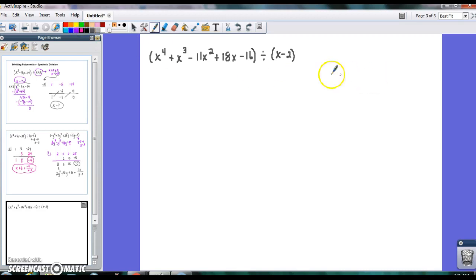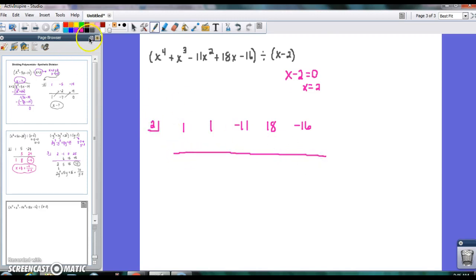Go ahead if you want to pause the video and try it on your own, and then you can watch the solution. Okay? So here I go. First thing I'm going to do here is I want to set this equal to 0, and I get x equals 2. I'm going to use my coefficients. So I have 1 for x to the 4th, 1 for x to the 3rd, and then negative 11 for x squared, and then 18, and then negative 16. In my bracket here I have 2. I'm going to draw my line,